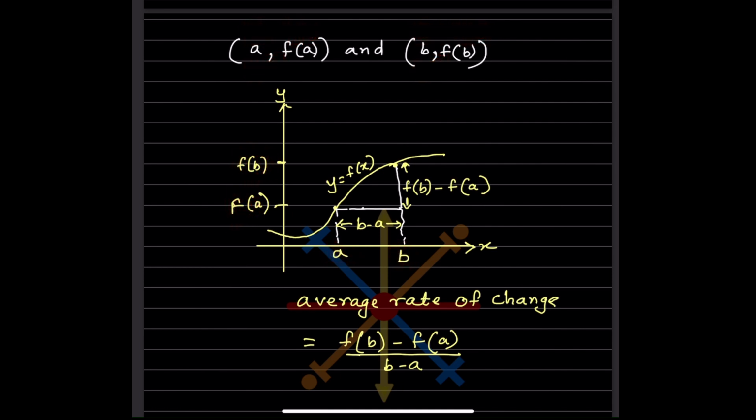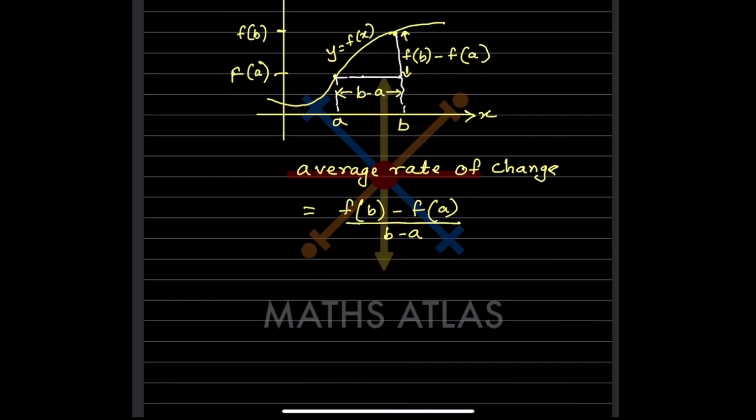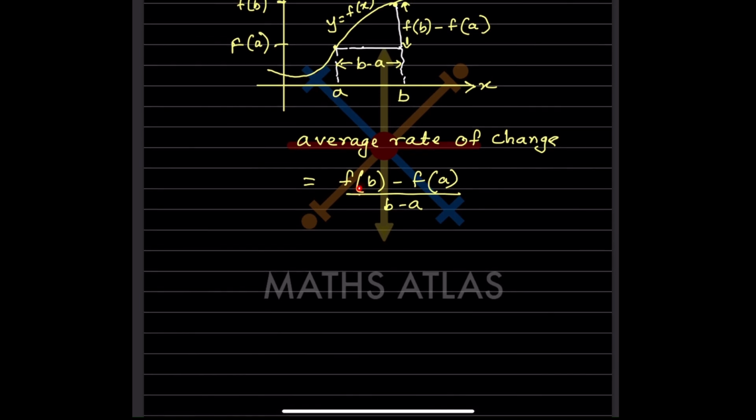So whenever this point is a, here is f of a, so the point is going to be here. So this is the first point, and b, f of b means you will go this way, so the point is going to be here. So we will draw this curve, that is y is equal to f of x. So the distance between this point and this point is b minus a, and here from top to bottom that will be f of b minus f of a. So we can say average rate of change is f of b minus f of a divided by b minus a.